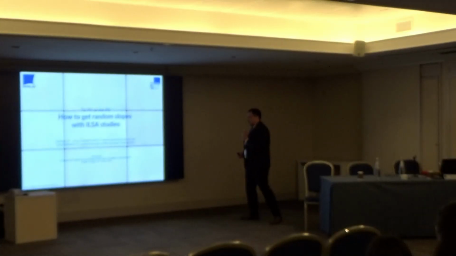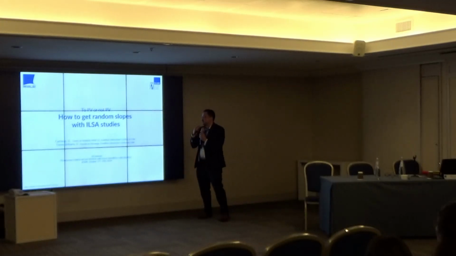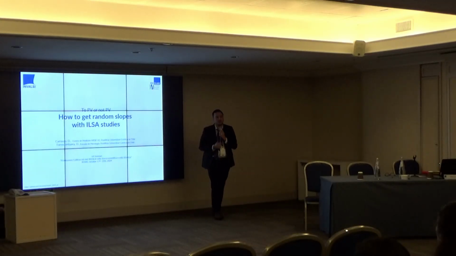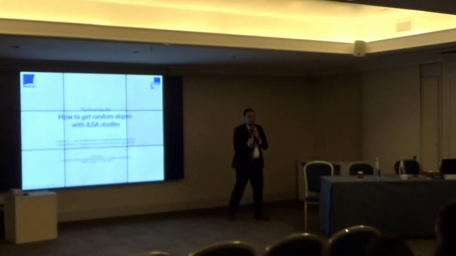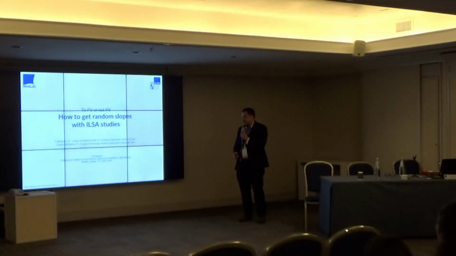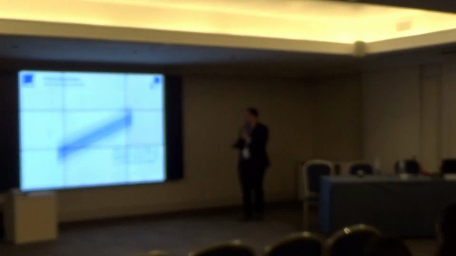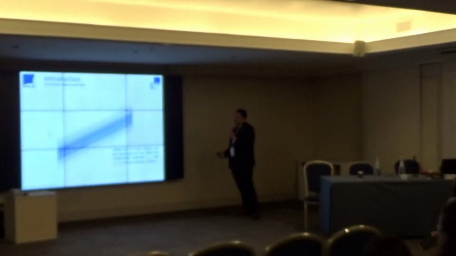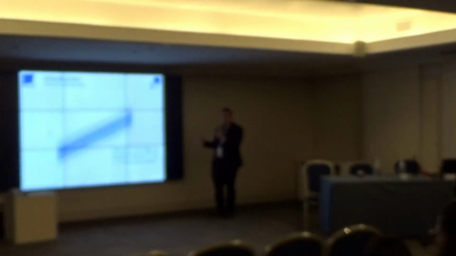What I'm going to talk about is how to deal with a research inquiry in which you want to retrieve random slopes out of a large-scale assessment study, specifically when you have an outcome that is represented by plausible values. So first, I'm just going to show you the rationale of estimating fixed slopes in comparison